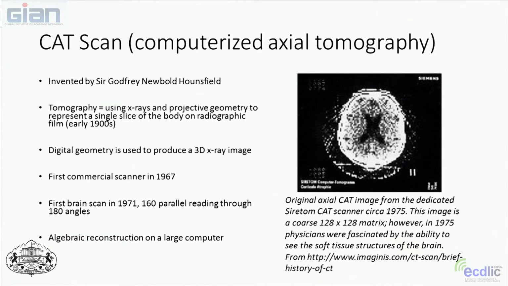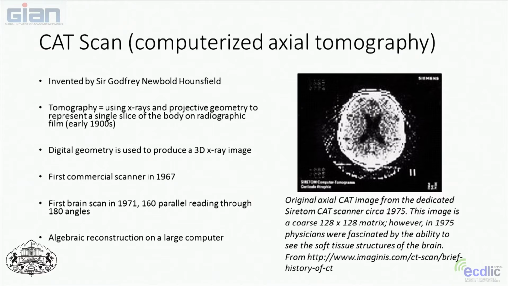Of course, X-rays came about in the early 1900s. CAT scans came around later; the first commercial scanner was in 1967. So CAT scans are basically using X-rays to make a 3D image. It's employing digital geometry to take the 2D images that X-rays make and produce a 3D image from them. The first brain scan using a CAT scan was in 1971, and it used 160 parallel readings through 180